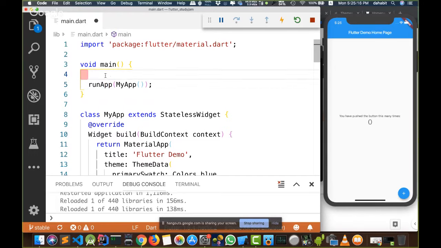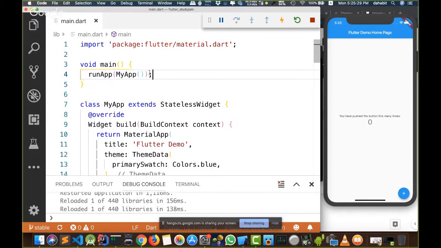You can write your code here, and you can even write a condition here. If this happened, run the application. If these things happened, you can display another message that you are not allowed to display the application.